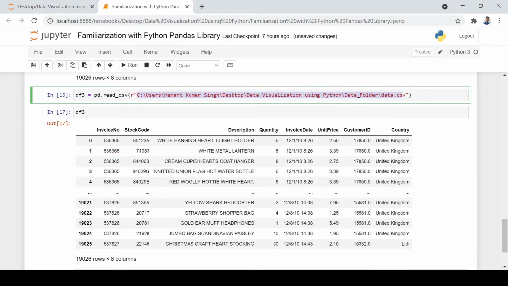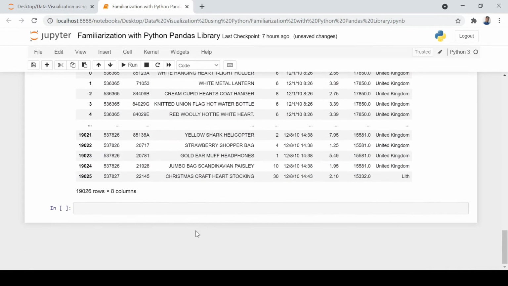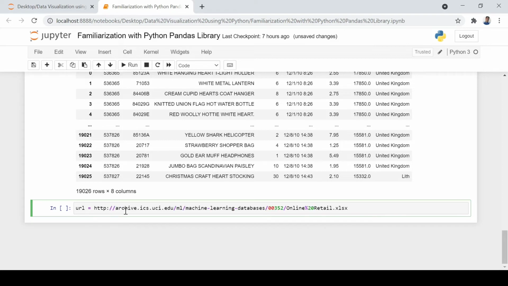You can also try the URL method. For example, let's say you want to load the data from a URL. You have the link and access to the file somewhere in the cloud, and you want to read it. So you can also do that. For example, I will give you an example. You just define a URL and put the value. So this is the HTTP. You just have to provide this in a string format, otherwise it will try to find that kind of variable. So this is that URL you decide.